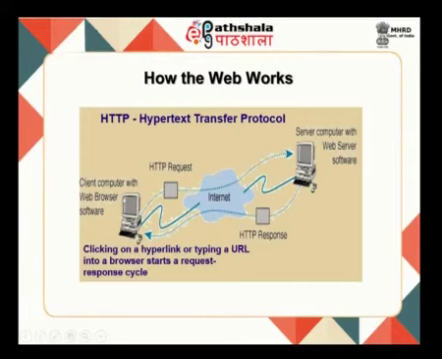There should be a web browser and there should exist a web server. It is actually a client server architecture. There should be a software or a program that runs on the client side, which is called a web browser, and there should be a software called a web server that is running on the server computer to provide the information to the web clients. The web clients fetch the information through the web browser. They click any hyperlink or they can give a URL in the web browser. On typing a URL, this request response cycle starts.